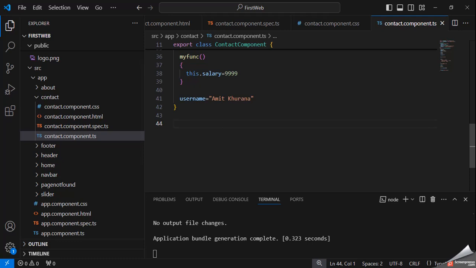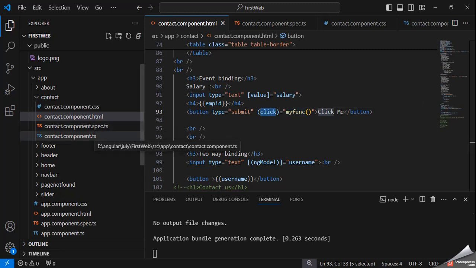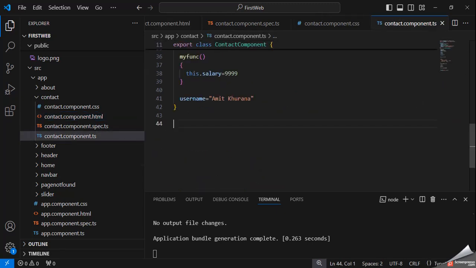As per your requirement, you can write the code and change the values as you like. So that is event binding. On a click event my function will be called, and we can create that function and use its value.